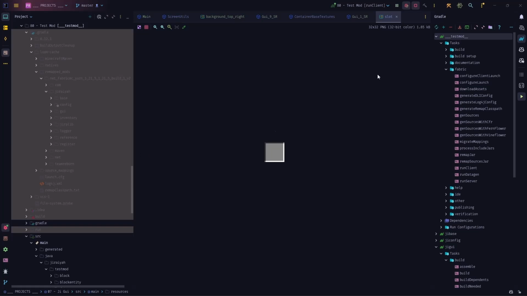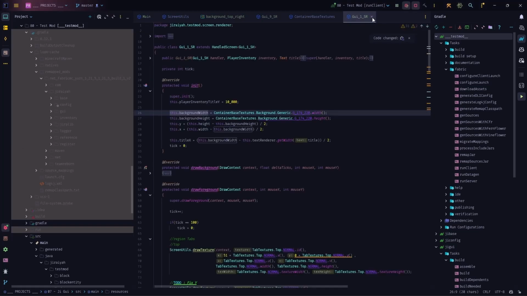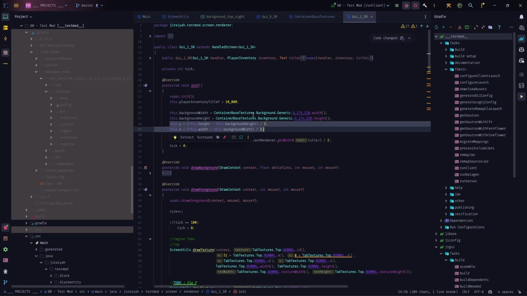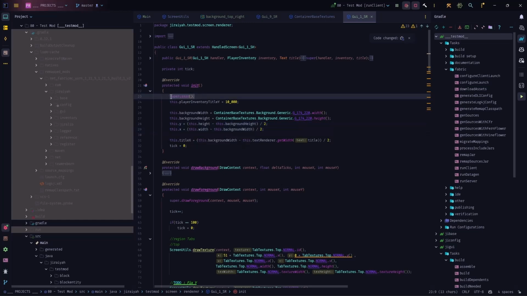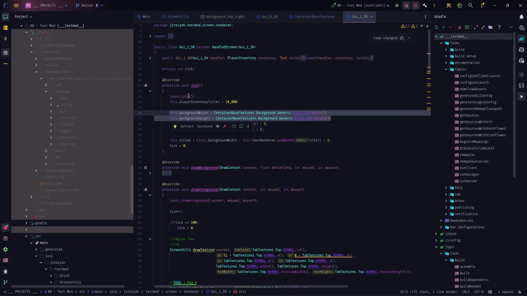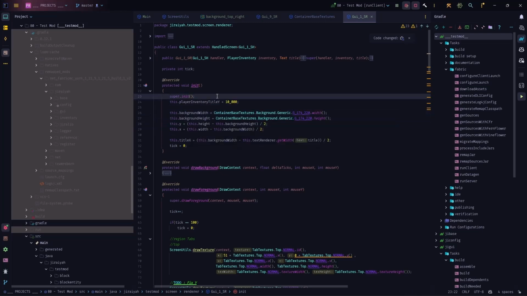Anyway, now that we got it out of our system and talked about that, it's time to go back and figure things out here. The reason this x and y didn't work in my case was that I was calling the super first, and the super is actually handling this. So I have to add them and then call the super, or actually take the super and drop it to the very end. The problem with these order of operation things is that after a few days, you forget what you have to do,